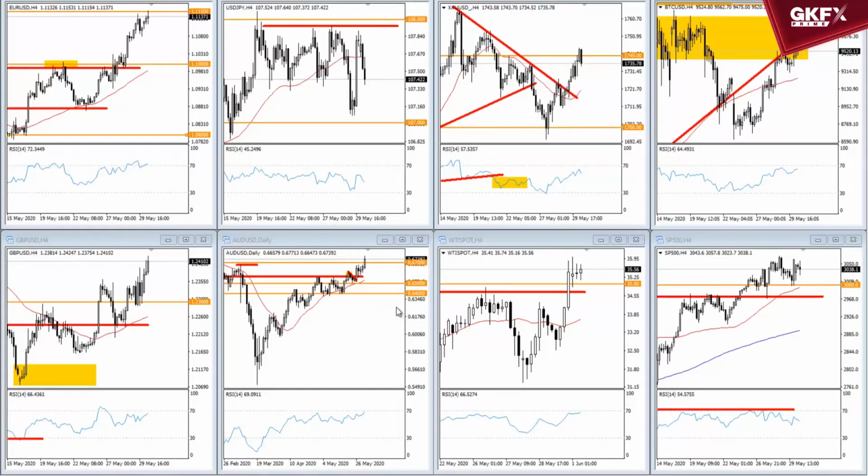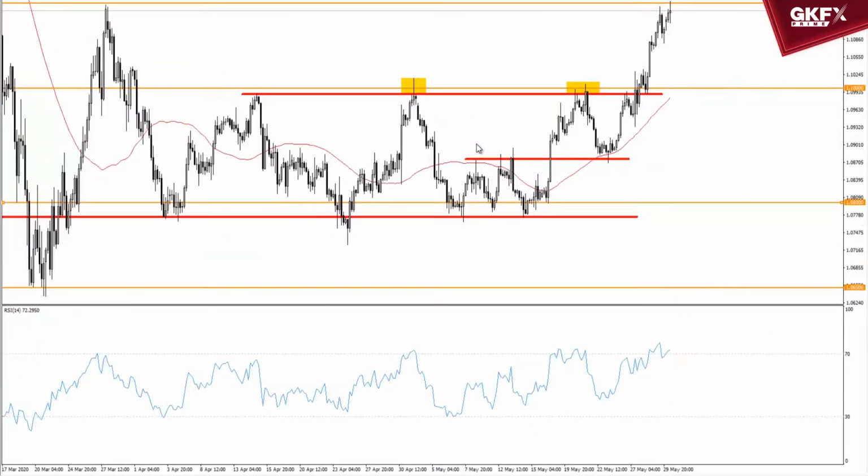Without further ado, let me get right into these charts here. I'm excited to say that we are finally seeing a breakout in the euro-dollar currency pair. We've been in this tedious range between 108 and 110, which, with the benefit of hindsight, did offer plenty of trading opportunities. Buy at the bottom of the range, sell at the top